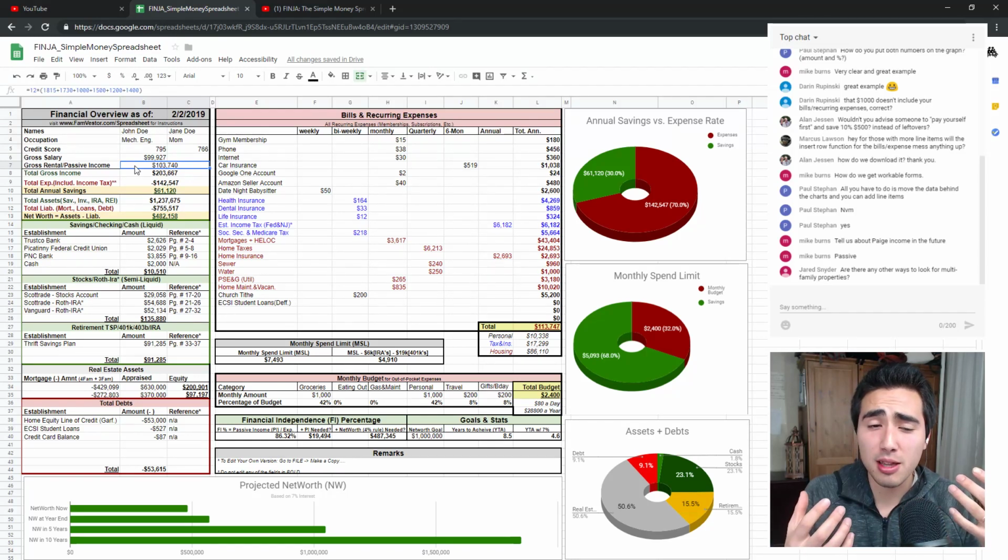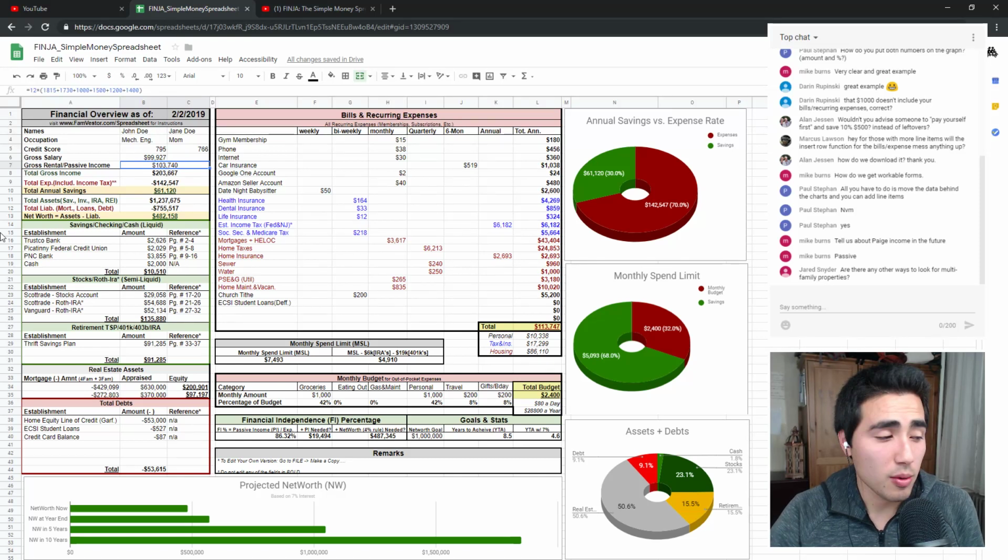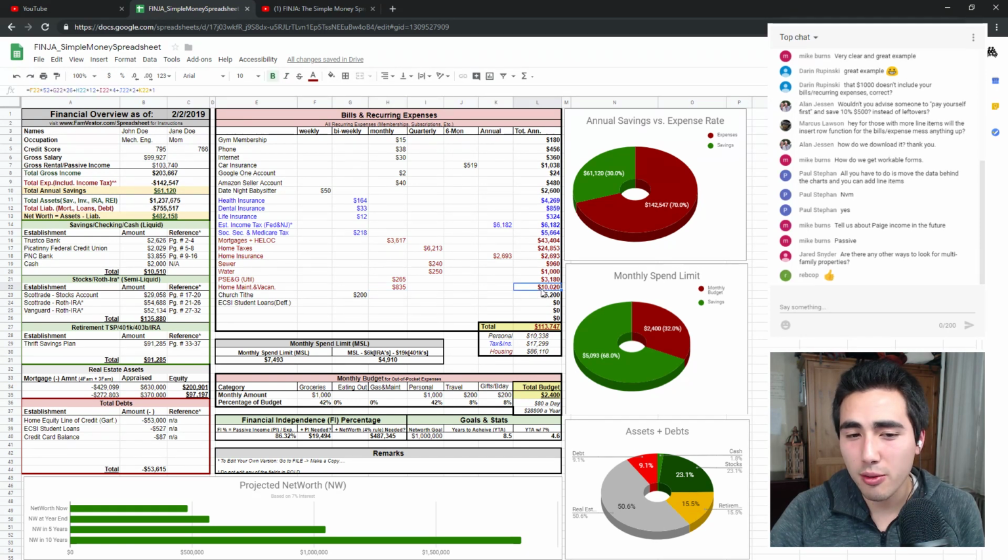Honestly, we fix them right the first time, so we get a call maybe once every 2 months, once every 3 months about something or other, but it's really not that bad. And so we get that $103,000 in rental checks every month. It seems like a lot of money, but when you subtract that from our total housing expense, we're actually not netting that much. Maybe we're netting like 15, 20K. We do have a pretty big home maintenance vacancy factor of 10,000. I don't think we spend nearly that much, but anyway, that's what we're allocating to that. So that's some passive income.